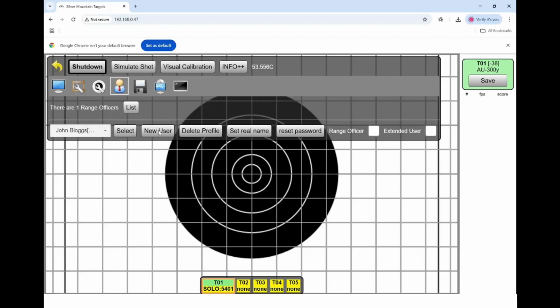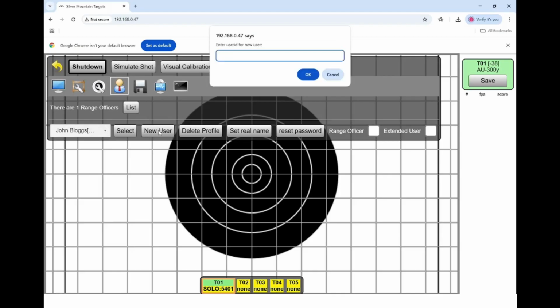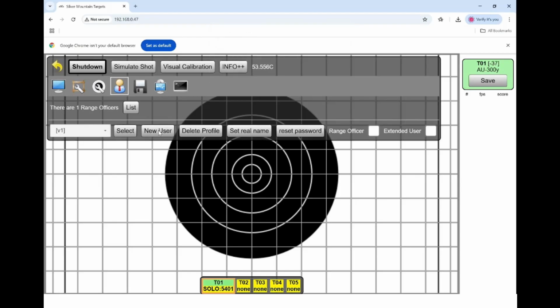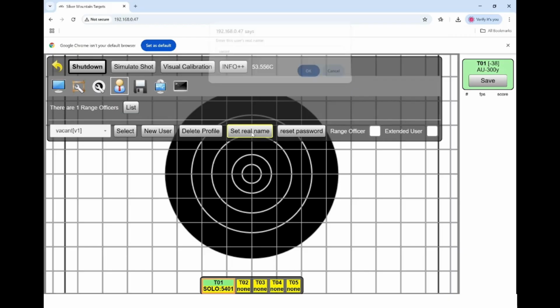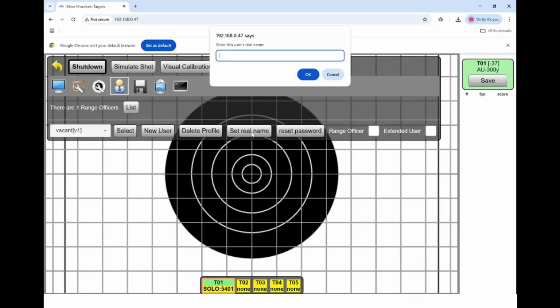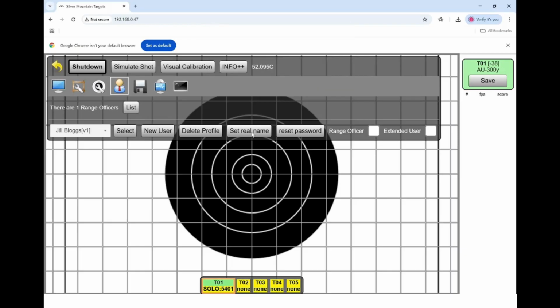You can also create visitors. So you just go V1, and again, you'll just set the real names as vacant. And then when you have a visitor coming in, you can assign their name to it by simply coming in as admin, selecting vacant, set real name, and this is John and Joe's sister. This is Jill Blogs. She's come for a visiting shoot of the day. Now we have